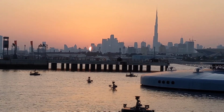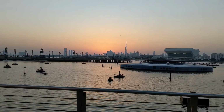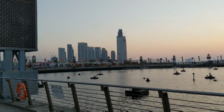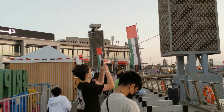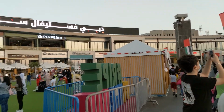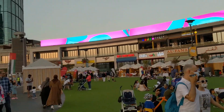Just getting the last bit of the sun out here. Just about to set. Burj Khalifa. So yeah, the landscape here is pretty amazing. Big speakers hidden in there around the back side of the mall here. There's the top of